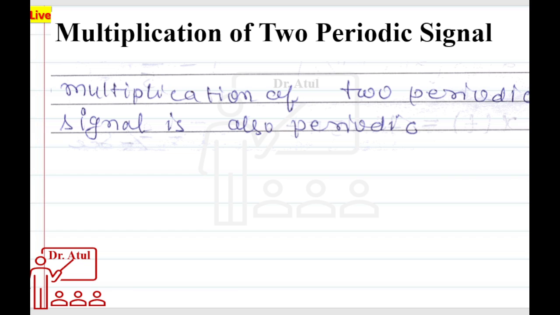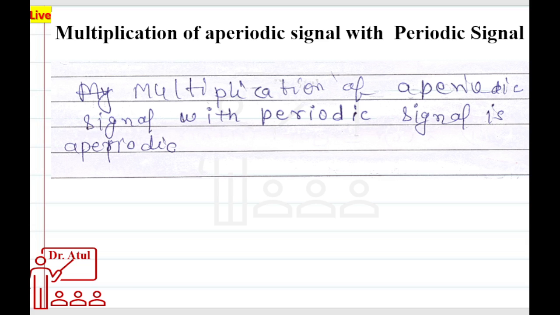Multiplication of two periodic signals. Multiplication of two periodic signals is also always periodic. तो दो periodic signal का multiplication तो periodic ही होगा. दो aperiodic signals